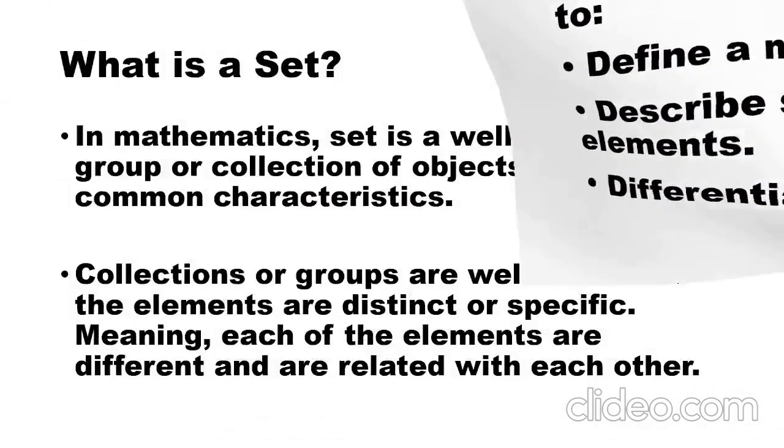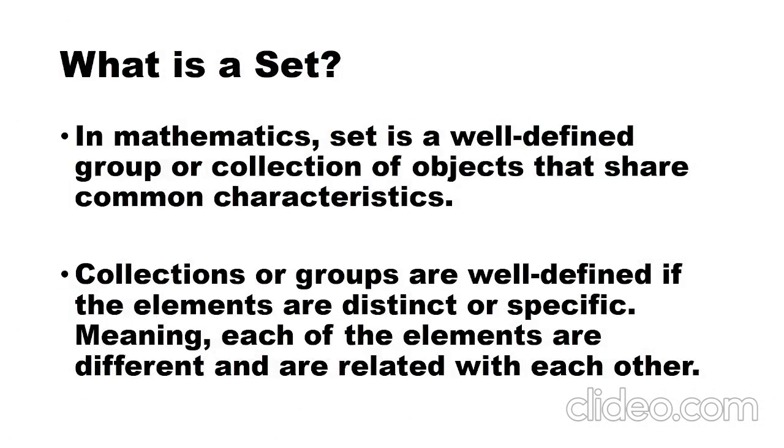Firstly, let us define what is a set, particularly a mathematical set. So, in mathematics, a set is a well-defined collection or group of objects. So there is an emphasis on the word well-defined. It has to be well-defined and not just any collection or not just any group of things or objects. Now the objects there can be different or can denote different things. It can be objects, it can be ideas, it can be persons, but in math we will be dealing mostly